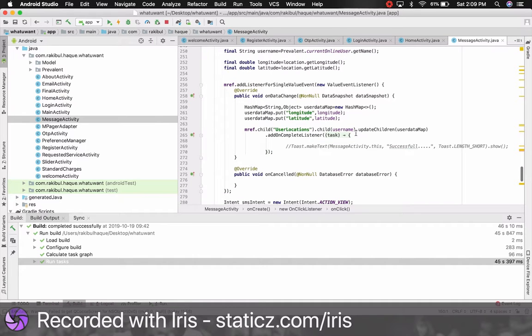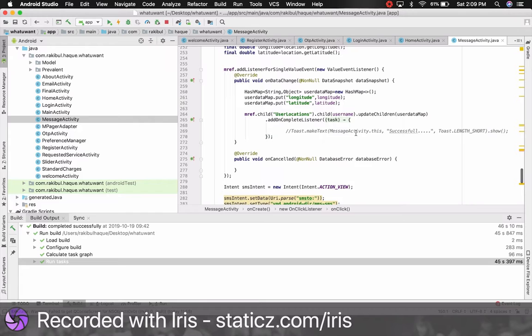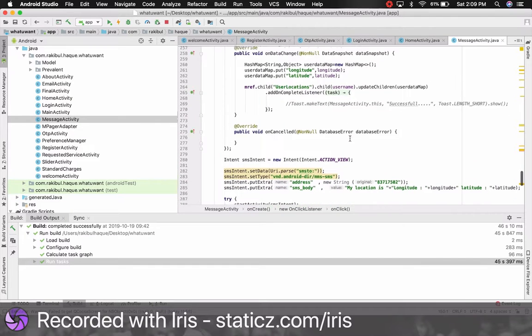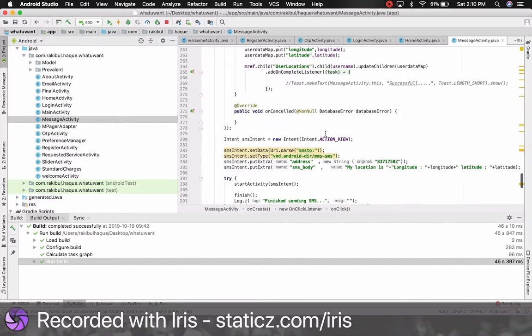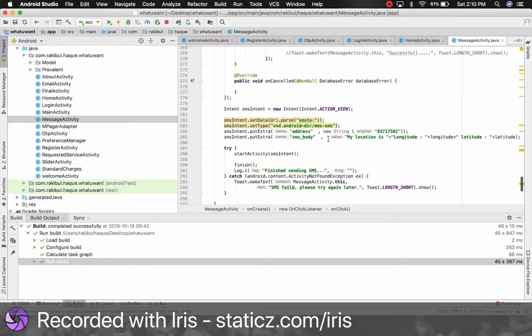Over here, in this function we get the location of the user, like latitude and longitude, and put it in the hash map, which we can see in line 274. And after that we save it to Firebase.